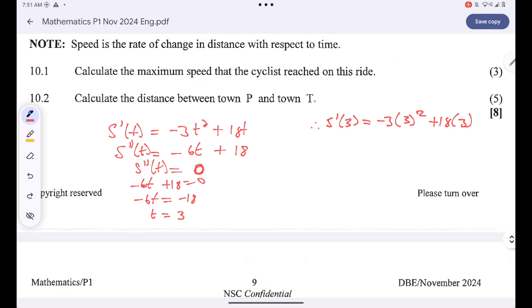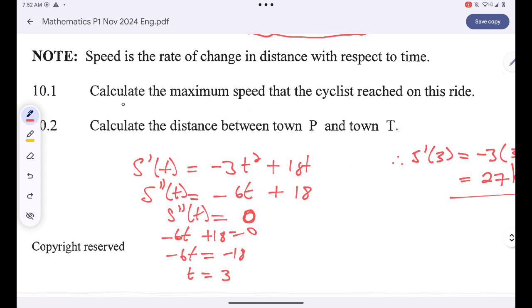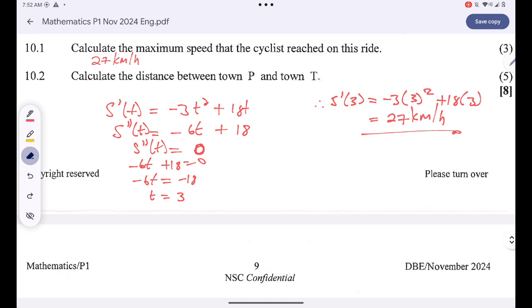Squared plus 18 times 3. The answer is just 27 kilometers per hour. So the maximum speed is simply 27 kilometers per hour, né? 27 kilometers per hour. Now they want us to find the distance,